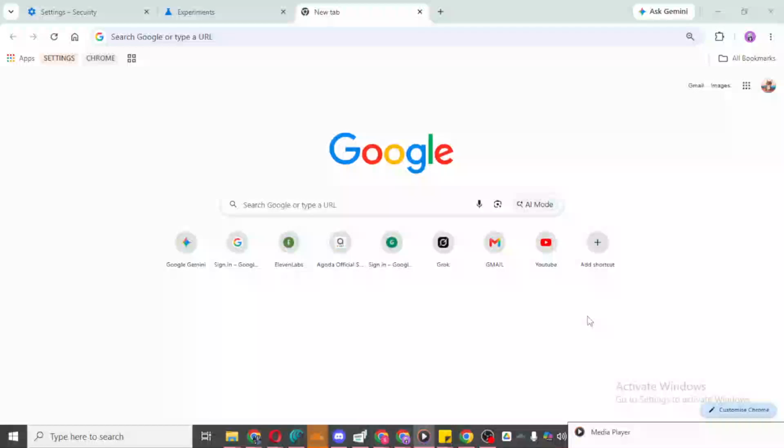In today's video, I'm going to teach you how to fix or stop new tabs opening in Chrome. If Chrome keeps opening extra tabs on its own, one of the most common causes is an extension that's interfering with your browser. So the first thing to do is open Google Chrome and look to the top right corner. Click the three-dot menu to open the main Chrome options.